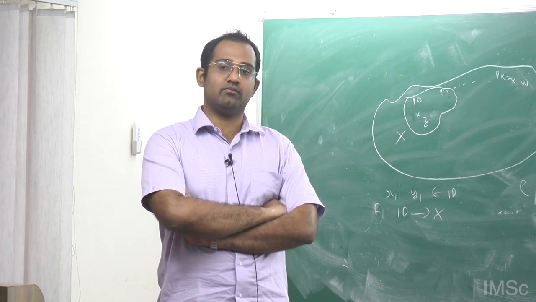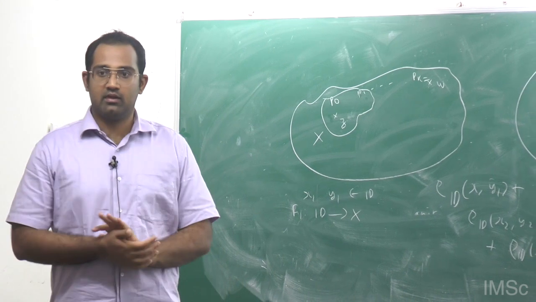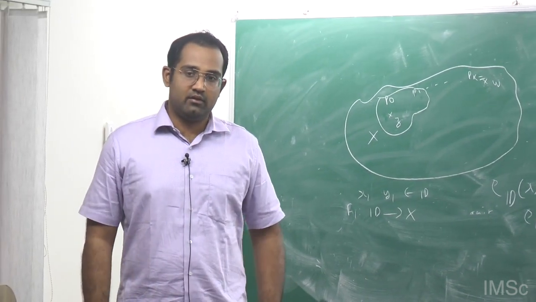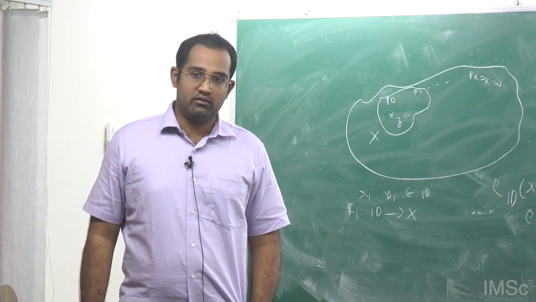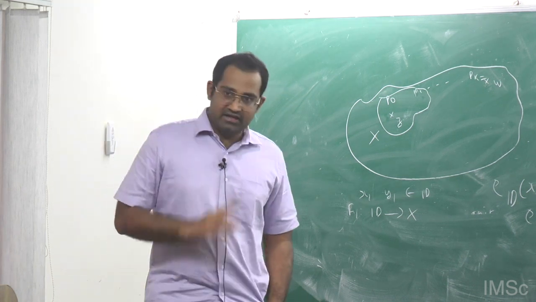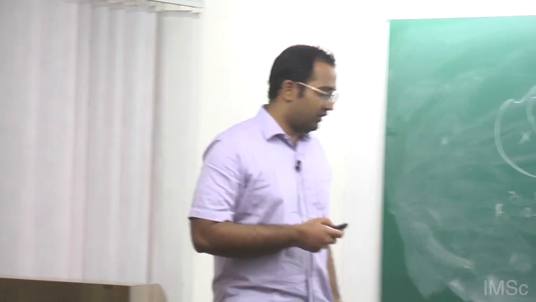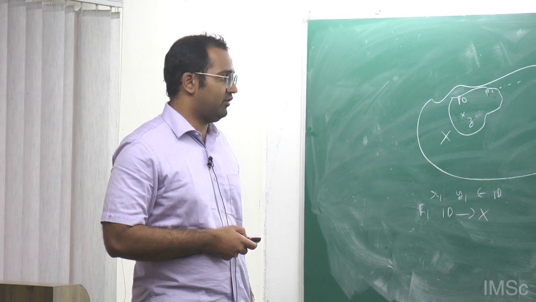Also, when you define that m x, you use the unit disk. Correct. What is the problem if I use the upper half plane? Only the norm is going to give you the problem? So one advantage of using the unit disk is as follows. If you notice in the definition of the Carathéodory pseudodistance,